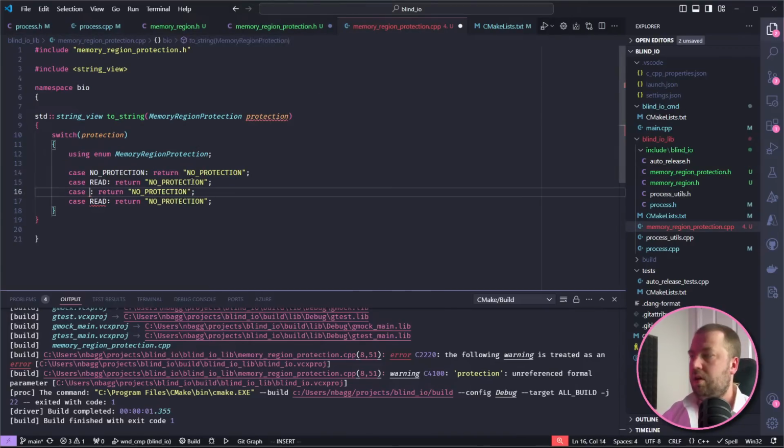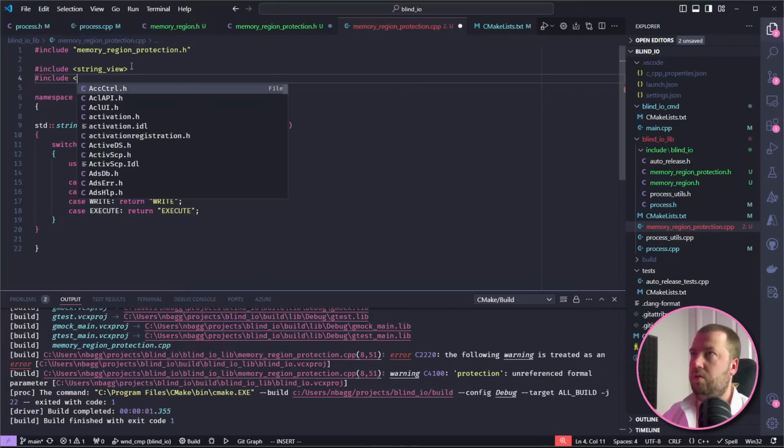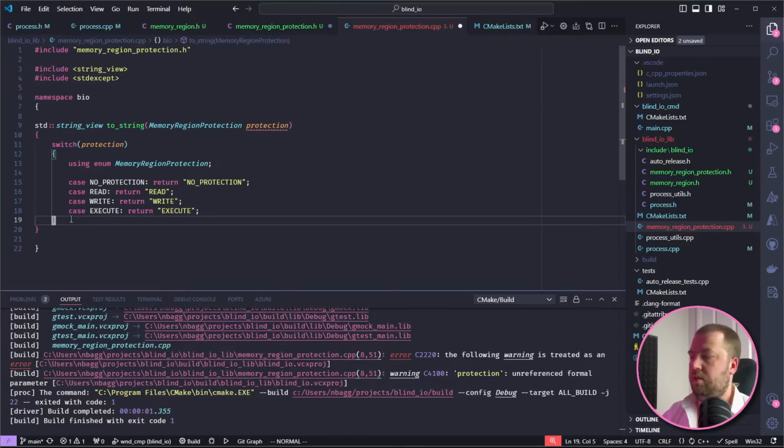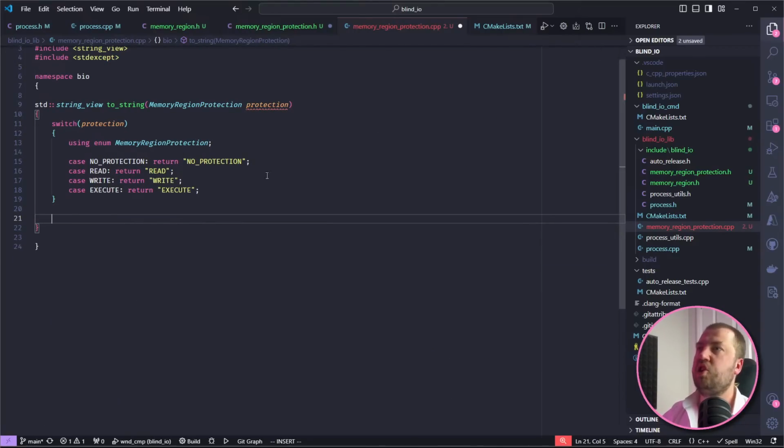So read, write, execute, read, write, execute. Right, and then I think as well for me, except, if we get down here and we've not been able to convert this to a name, then you've probably passed us some sort of malformed value. There's probably an issue somewhere because you passed us a memory region type that we don't understand.